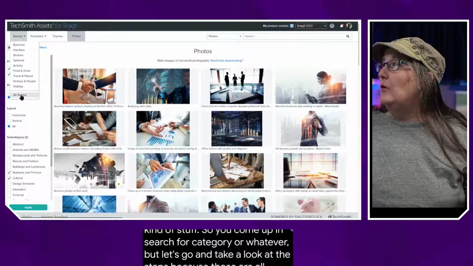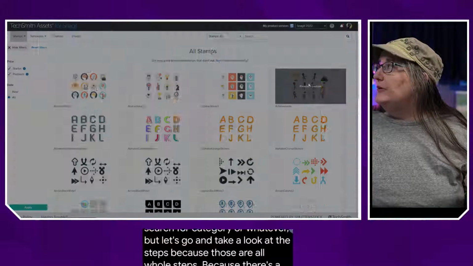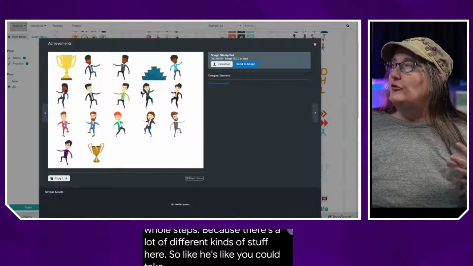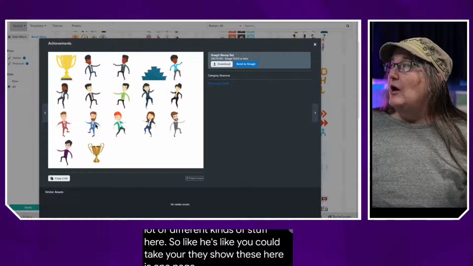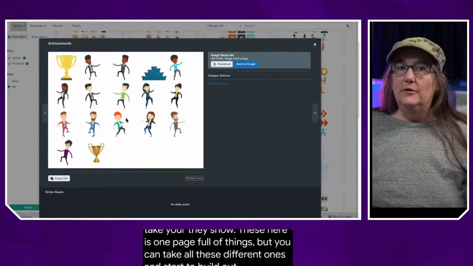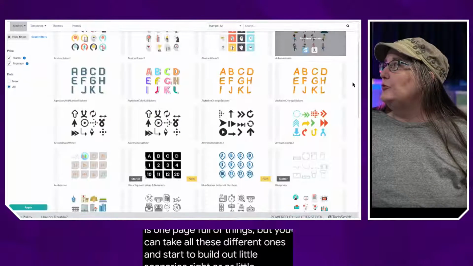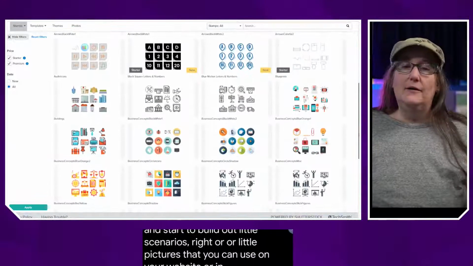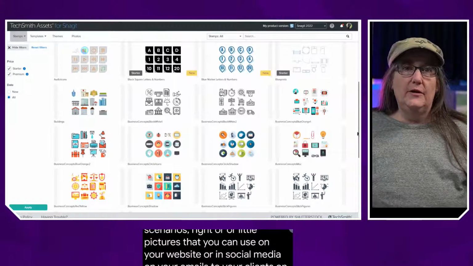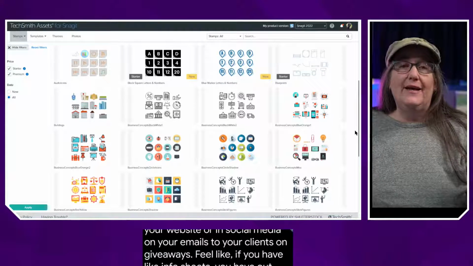Let's look at all stamps, because there's a lot of different kinds of stuff here. So like these, they show these here as one page full of things, but you could take all these different ones and start to build out little scenarios, right? Or little pictures that you can use on your website or on your social media, on your emails to your clients, on giveaways, like if you have info sheets that you give out, or if you're creating any kind of